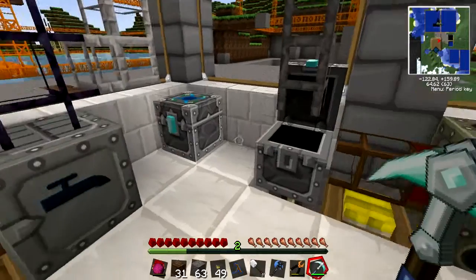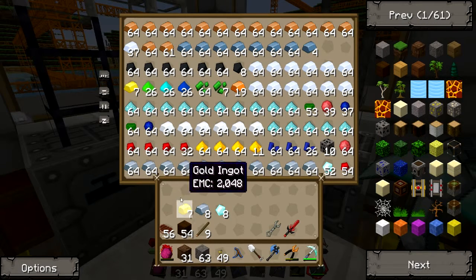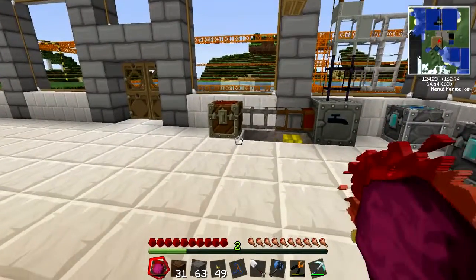if I just grab the necessary... Why do I never have, like... I hardly have any gold ever. Even with all the quarries I've made and everything, I still hardly have any gold. Anyway,